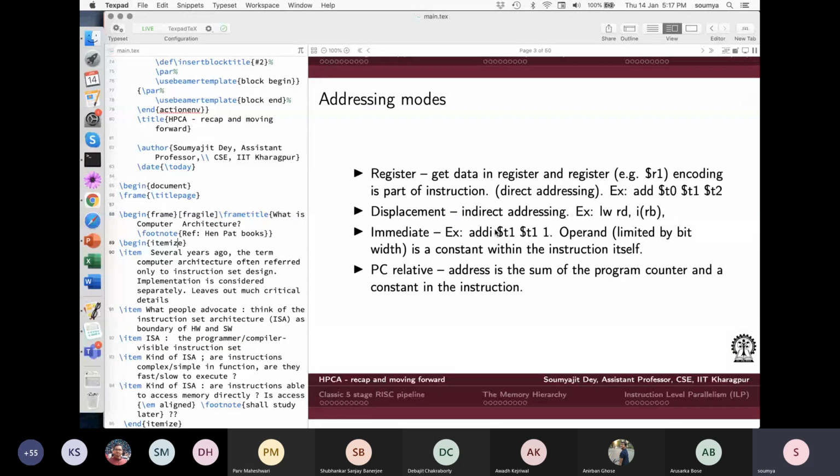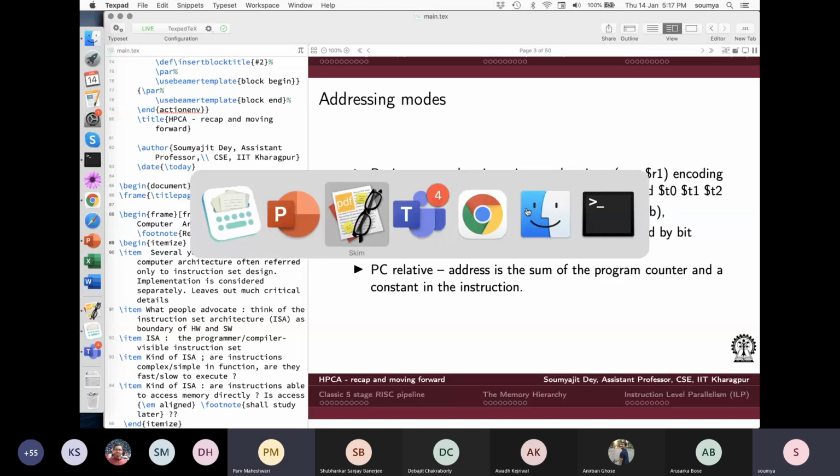So for that, you can get the data directly. You can get the data indirectly by doing some address calculation using a base and offset, or you can get the data directly inside another register. So this is also a way of direct addressing. This is direct addressing. This is indirect addressing because you have to calculate the address, and this is immediate addressing. And PC relative addressing, as you can understand, is one form of indirect addressing. Are we clear? Yes, sir.